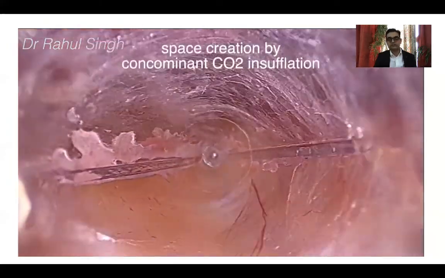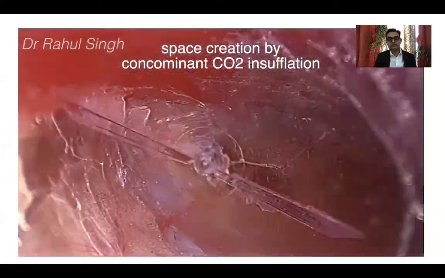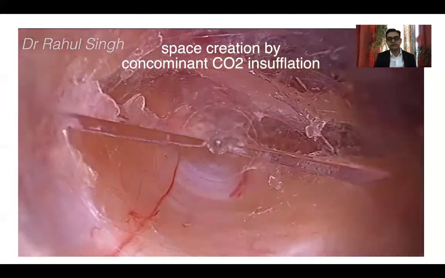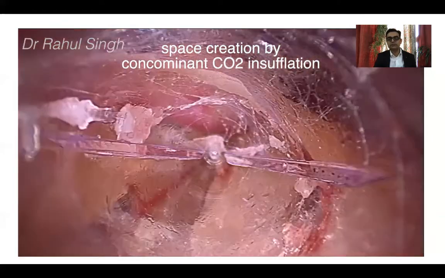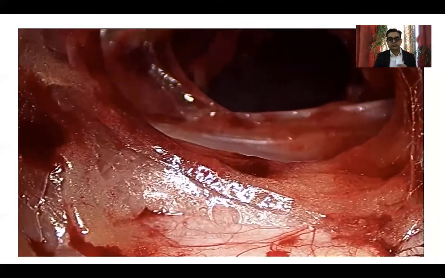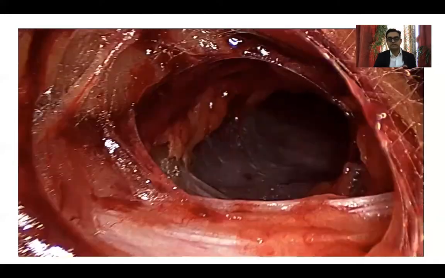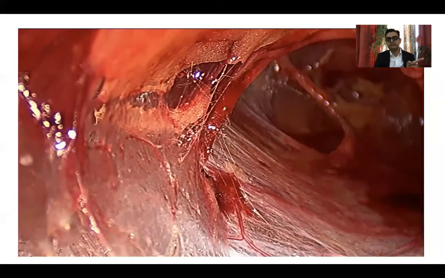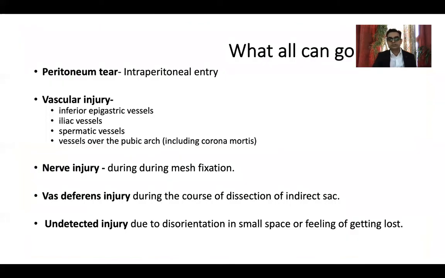that is, you can start the CO2 insufflation that will further help you to create the space with a concomitant carbon dioxide insufflation. A little bit of maneuvering is required because we don't have a balloon and we want to make this a blunt space creation, and the space is created. Now, once you put the camera back inside, readjust and focus, you see exactly the same space which we encountered after the classical TEP. So these are two ways how you gain access to the extraperitoneal space.